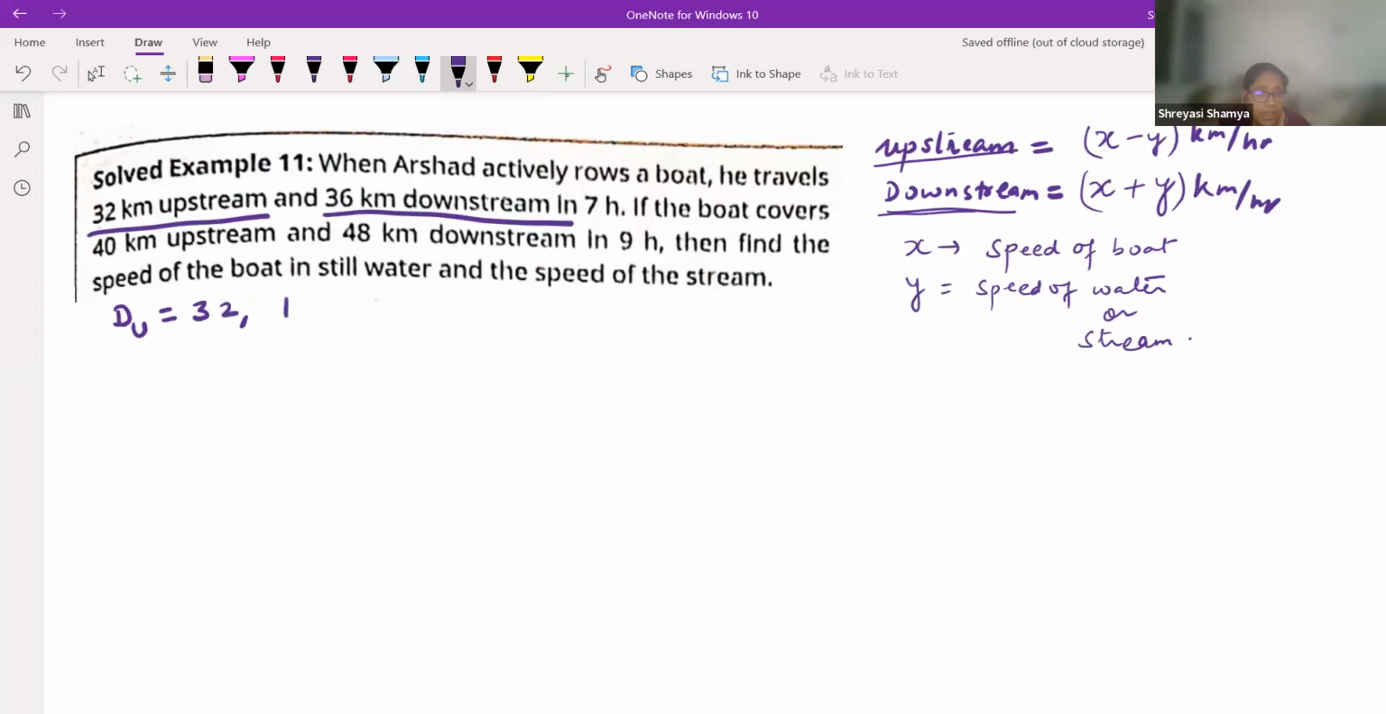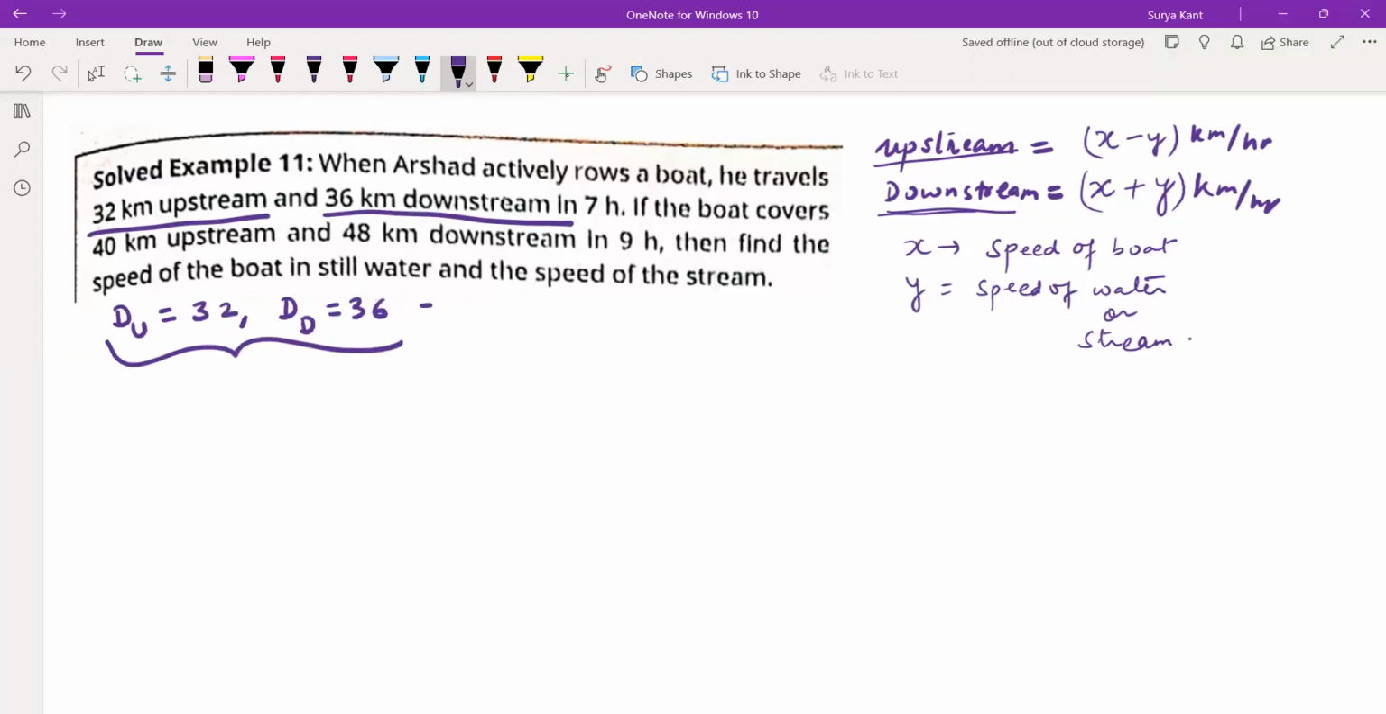32 kilometers. A distance of downstream is how much? 36 kilometers. And both he is doing in how many hours? 7 hours. So this is the first equation that is given over here. Means both together he can do in how many hours? 7 hours. Similarly, the second equation is given as